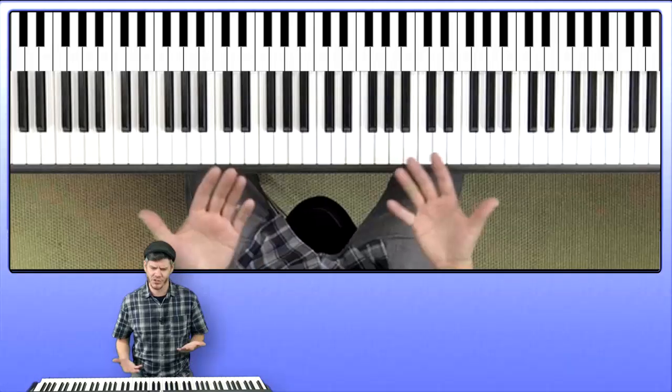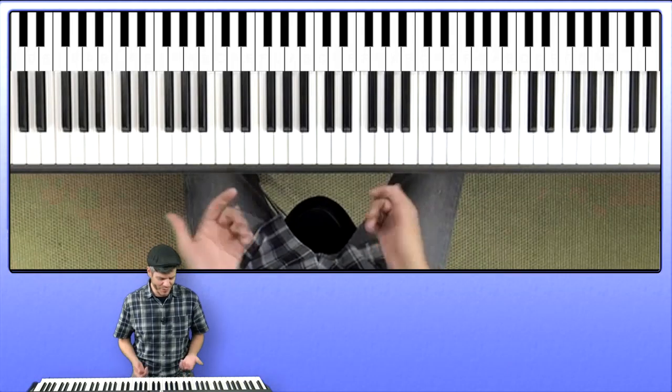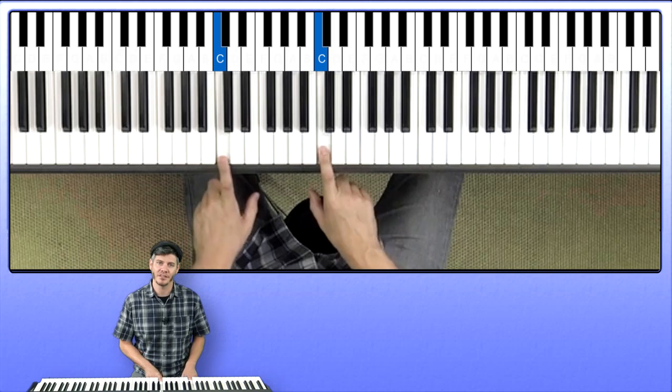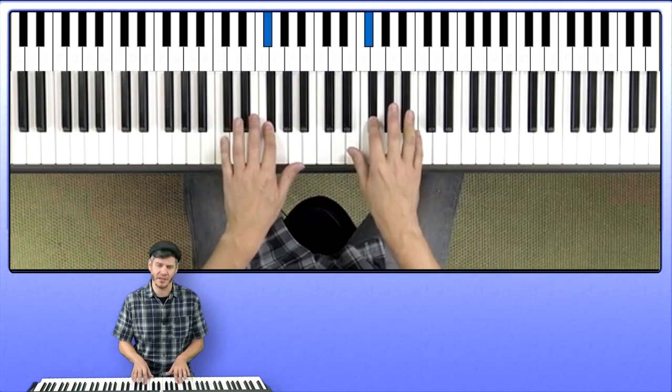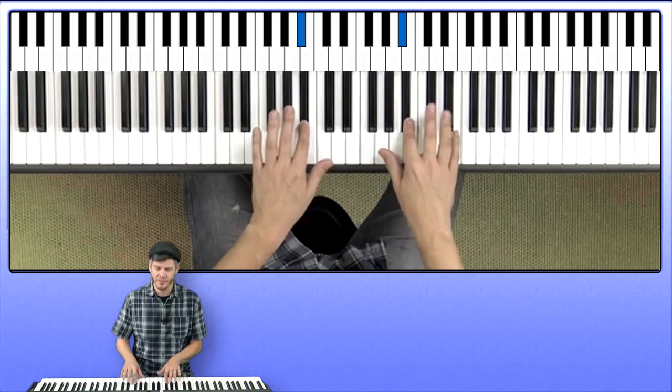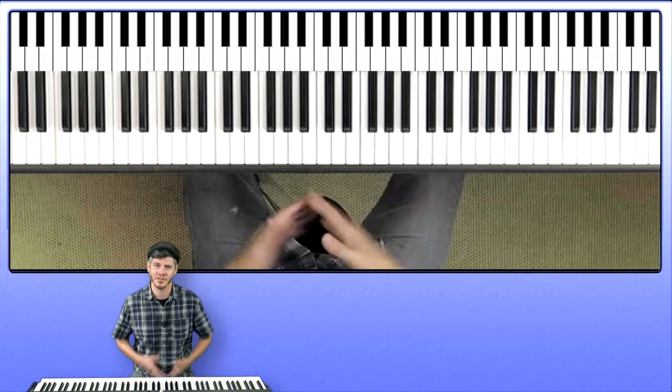To test how comfortable they are with the concept, you can play a note and have them play the octave above or the octave below, or both, just to make sure that they're understanding the concept. But it shouldn't be too tough. I think most people can tell that these are the same notes, and we're really just giving it the name, the octave, so that they can identify that these notes are the same, just in a higher or